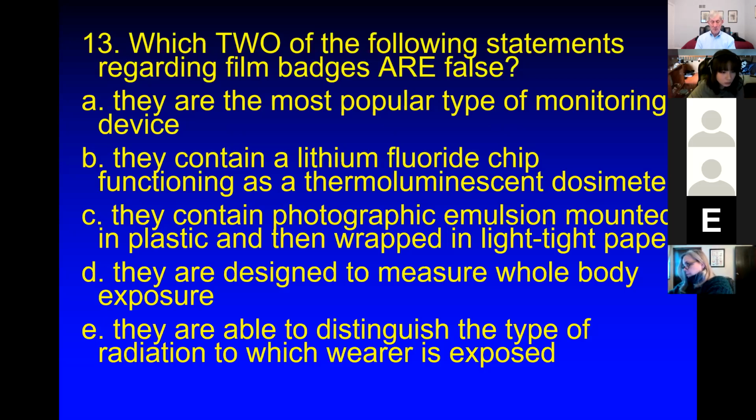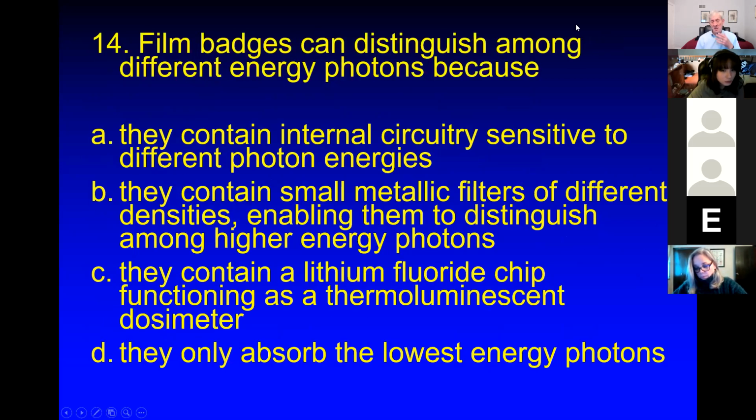That is true. Film badges are designed to measure whole body exposure. That is true. They're able to distinguish type of radiation. That is true. So A and B are false. Film badges can distinguish among different energy photons because they contain special circuitry, they contain metallic filters, they contain lithium fluoride chips, or they only absorb low energy photons. B. There are metallic filters of low, medium, and high density, and that's what helps to differentiate the